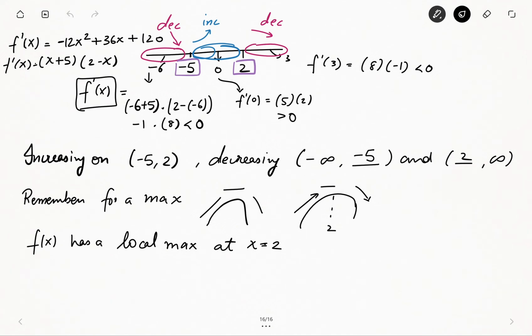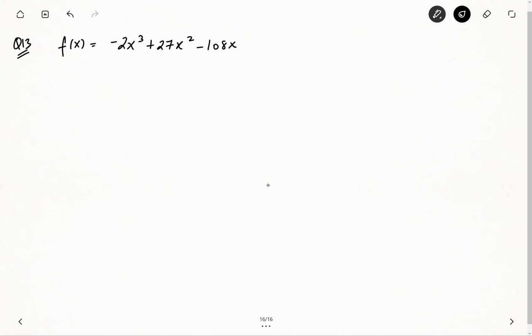Now let's talk about problem 13 again. Similar approach, exact same procedure. Let's try to get a hang of it. So now the function in consideration here is -2x cubed plus 27x squared minus 108x plus 8. So in order to find the intervals of increase or decrease, we have to still do the same